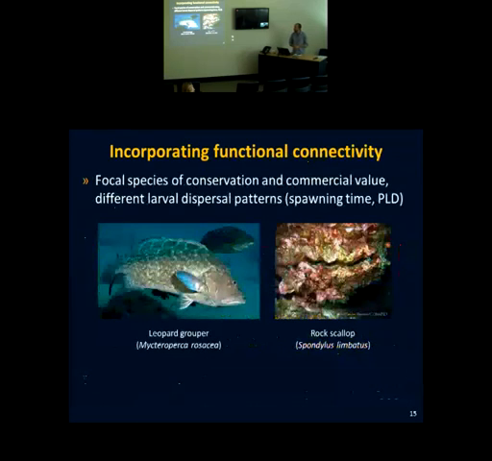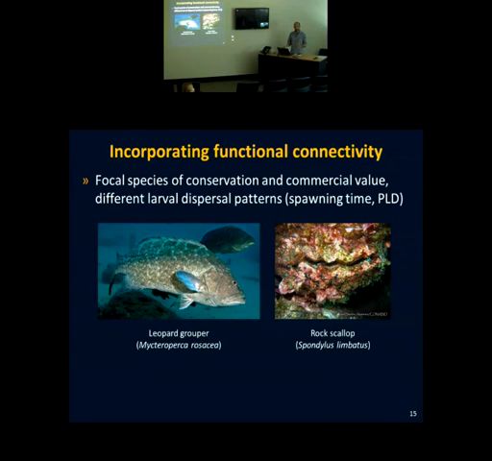So how did we incorporate functional connectivity? We decided to use a focal species approach, and we chose two species. The first one is the leopard grouper, and the second one is the rock scallop, so one fish and one invertebrate. The reason we chose these two to account for connectivity in the network is because they have